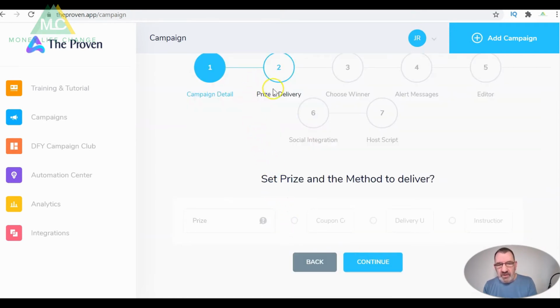This is where we're going to choose our prize and delivery, so we'll go with a prize. If you're a beginner, you've probably got no prizes to give. You then choose how it would be delivered. You can go with a delivery URL, which we'll just go with Google again, and then we'll go on to